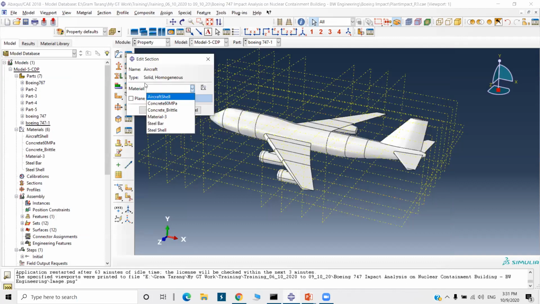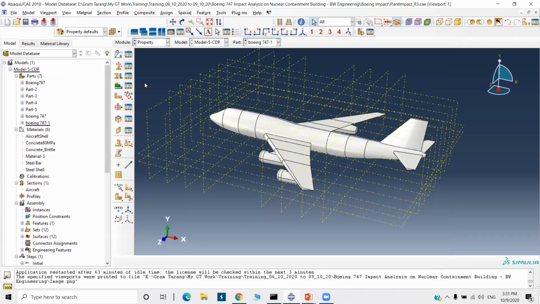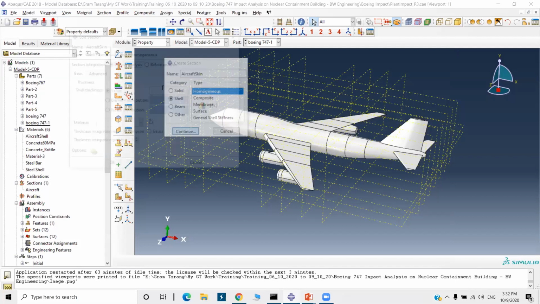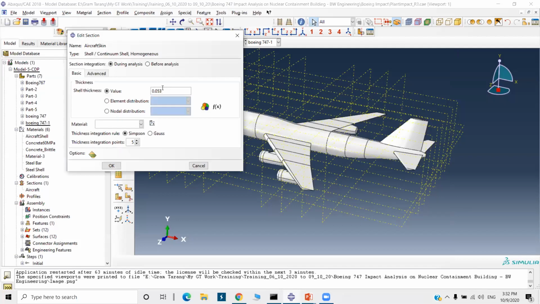Next section, aircraft skin. This is shell homogeneous. Its thickness is 0.053 and its material is aircraft shell.